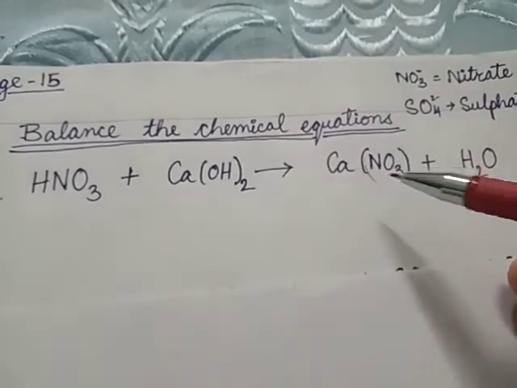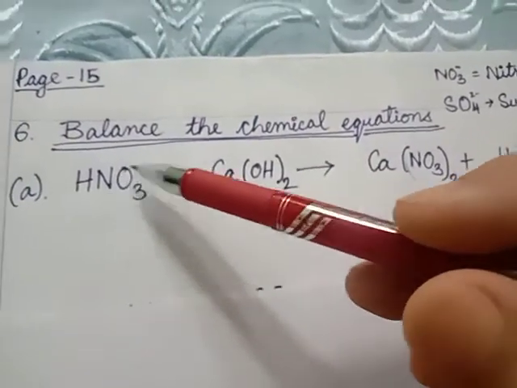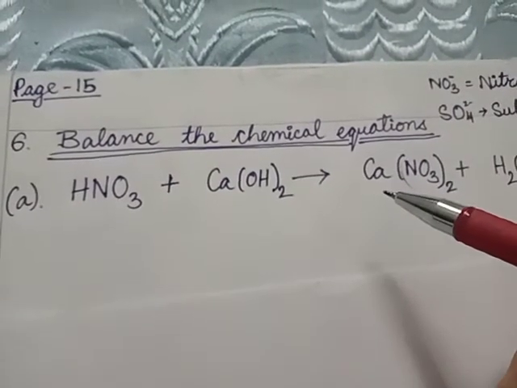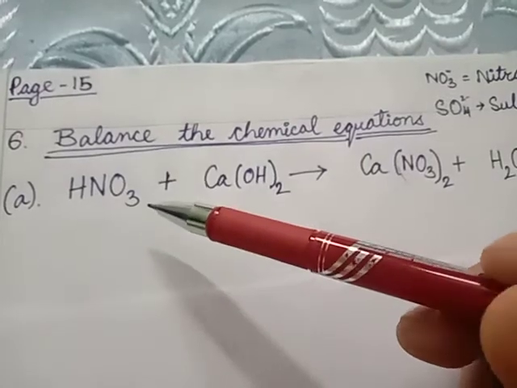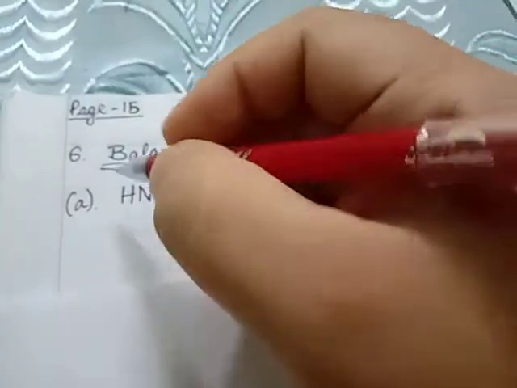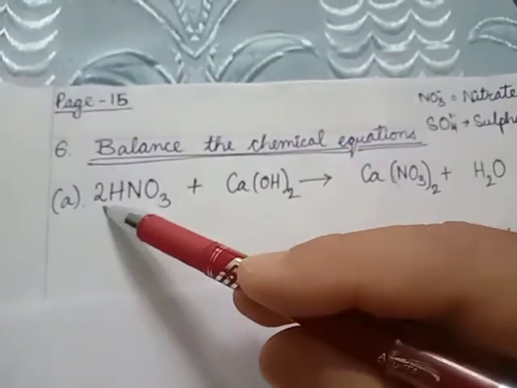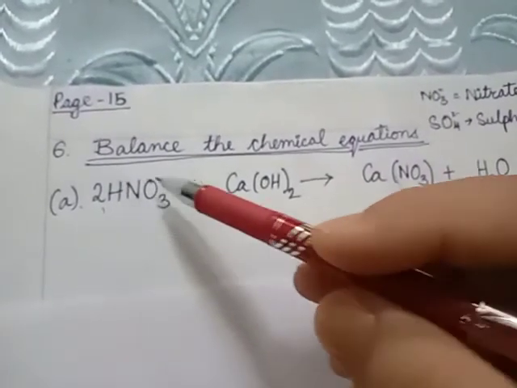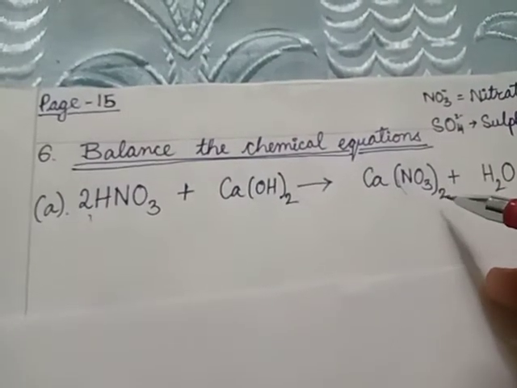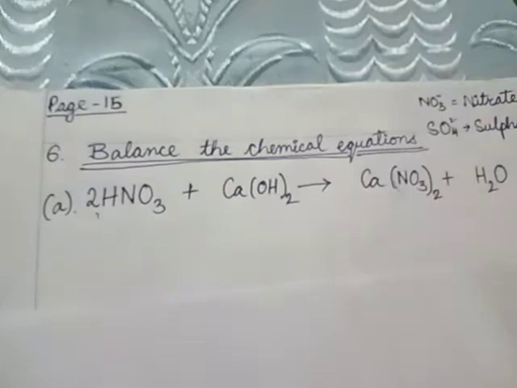So here there are 2 units of nitrate and on the reactant side there is only NO3, 1 unit of nitrate. So to balance the units of nitrate, we can put a number in front of the whole formula. So there are 2 units of nitrate here, so in front of this whole formula, we will place a 2. This 2 which we have placed here will apply for all the atoms and substances inside the molecule. So now there are 2 nitrate units here, and also on the reactant side there are 2 nitrate units.